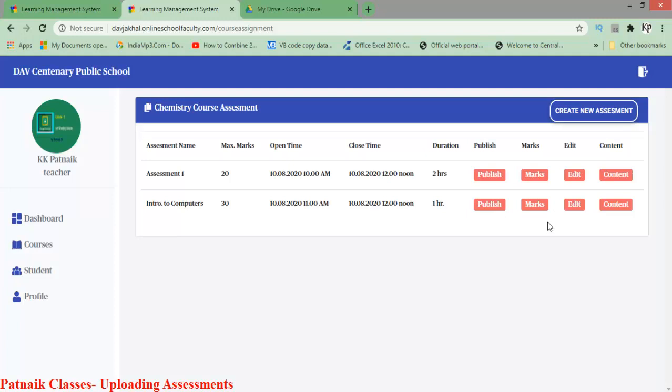Now what I have to do is, I have created that content, but I have not given any link to my assessment. The assessment which I've created using Google Form, the assessment form. So where will I find that form? That form is in my Google Drive. So first I will go to content. Here I will upload that assessment part.